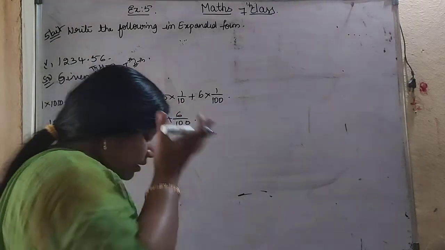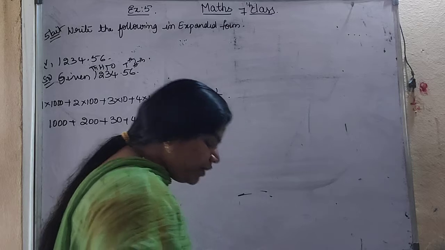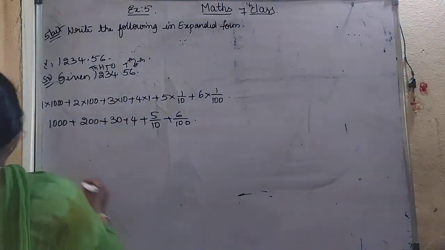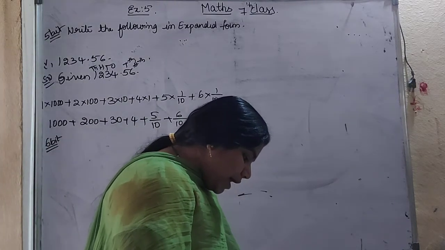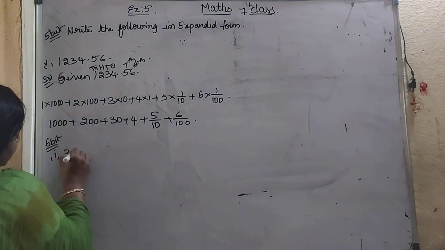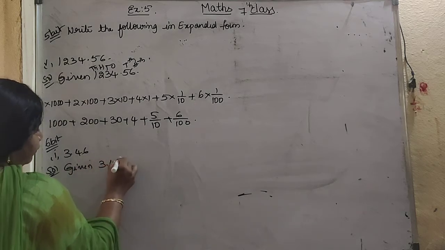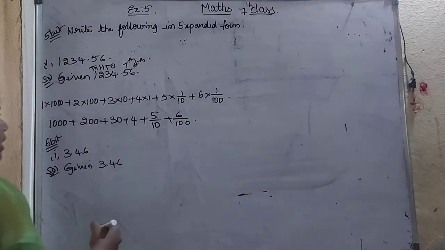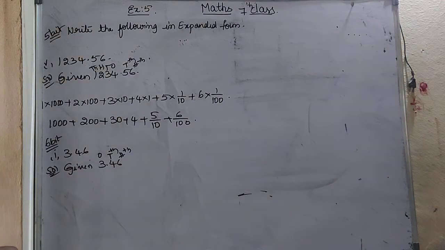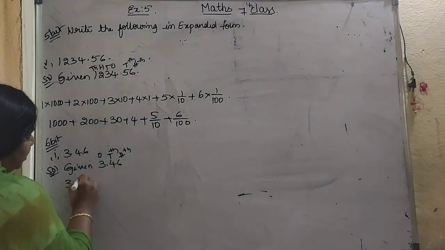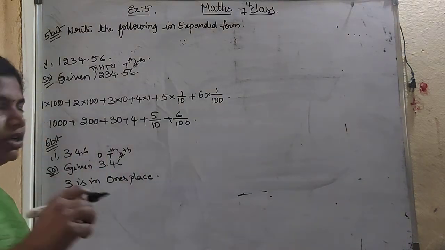Okay, so next bit. We have to write the place values of the given number. Only the place value of 3 we have to write. So here, this is the sixth bit. We have to write only the place value. So in that, first one is 3.46. So 3 is in which place? They have given 3.46. So before the point will start from ones, this is tenth part, this is hundredth part. Now 3 is in which place? That is ones place. So 3 is in ones place. Only about 3 they are asking.